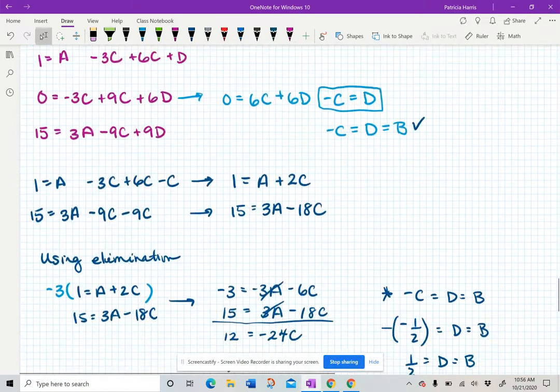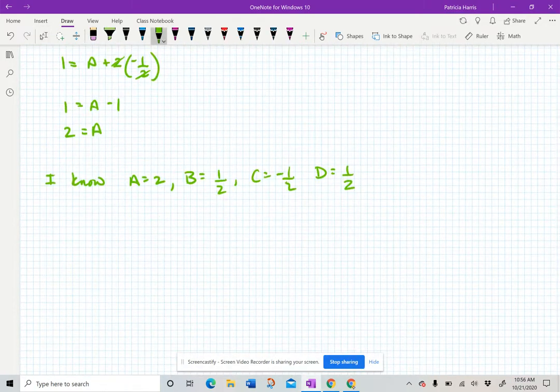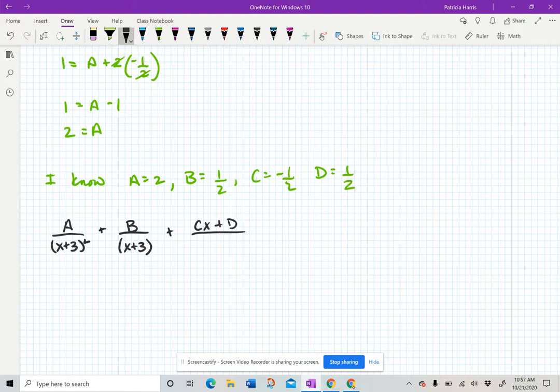Okay, so we wrote it as a over b and then cx plus d, just like that. Okay, so let's plug it in. So 2 over x plus 3 squared